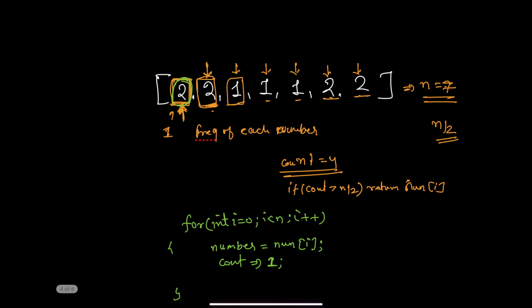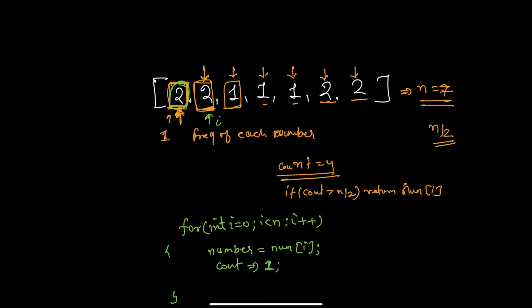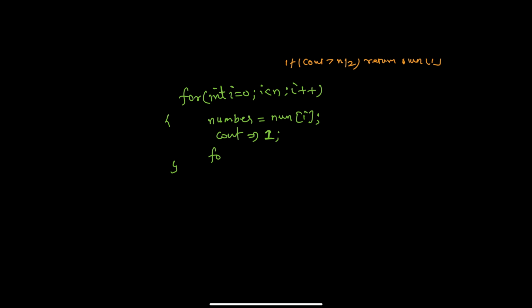Now we will take another pointer and start from i plus 1, and we will check from here to the end. So how do we write it? For our j pointer which starts from i plus 1, and j less than n, and j plus plus. Okay, and how do we write this loop? If nums of i is equal to nums of j,